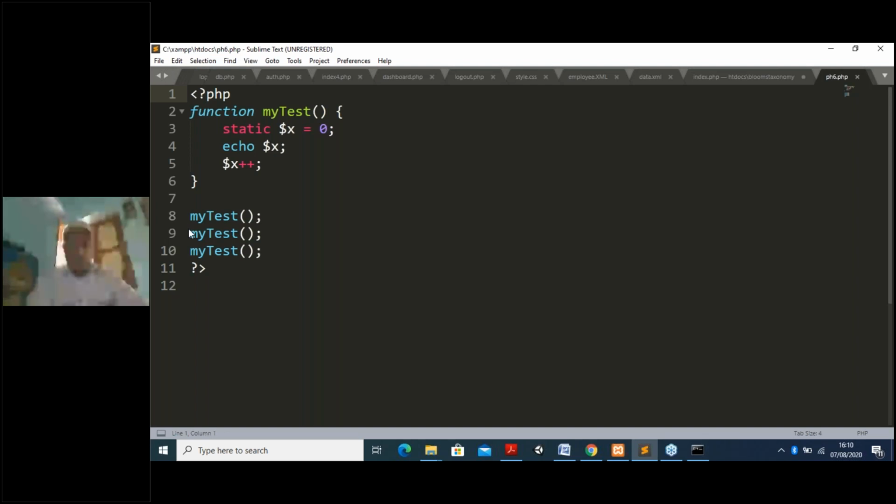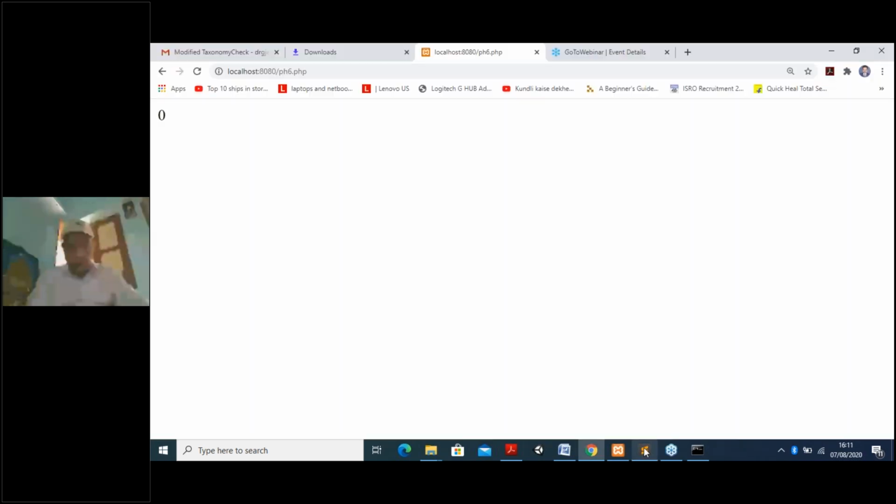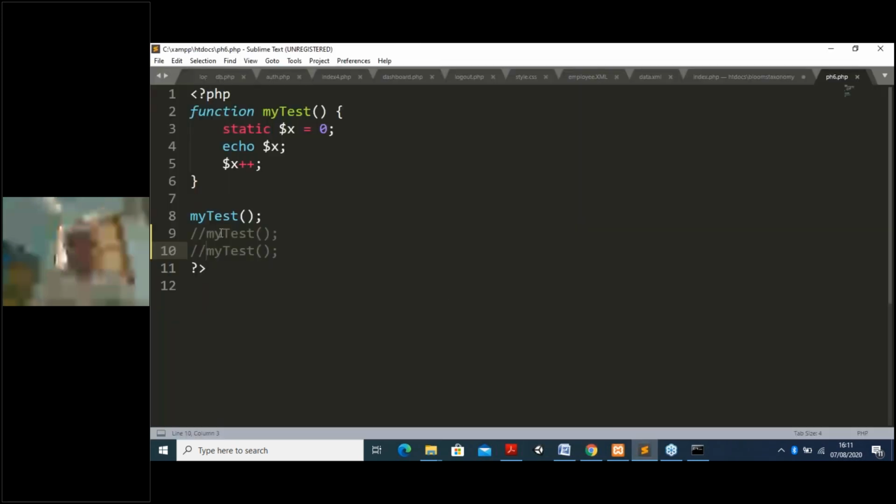Okay. Now let us go for the same program and I do it here. I call a second time. When I am going for the second time, then it has to increment. So 0 should come here and 0 is incremented, 1 should also come here. Control S. Then I cancel it because it's not a licensed version. Then I just refresh this one. You expect what is the output? It will come 0 and 1. Okay. So both are coming.